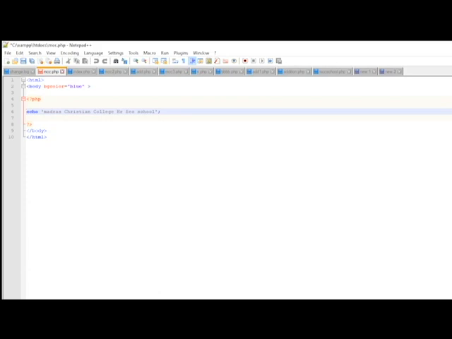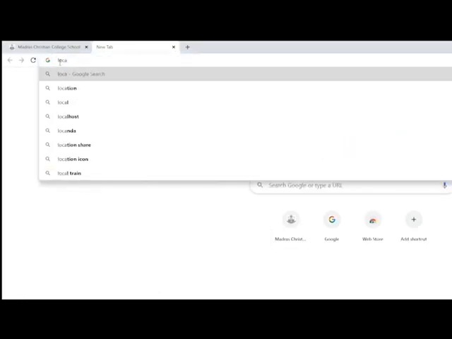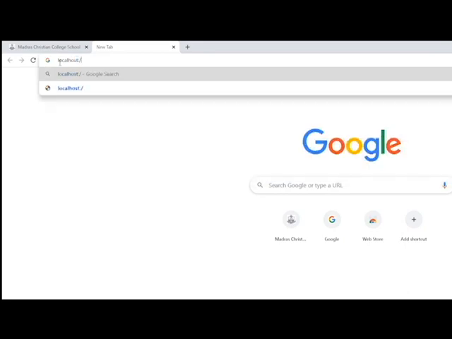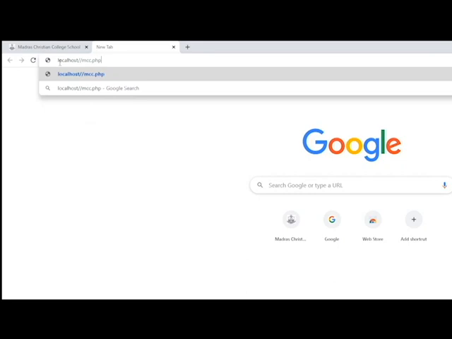Then open any web browser. Here type localhost, slash, the file name, that is mcc.php. Now you will see the output. The output is Madras Christian College Higher Secondary School. So this is the output. It is used to display only the message.